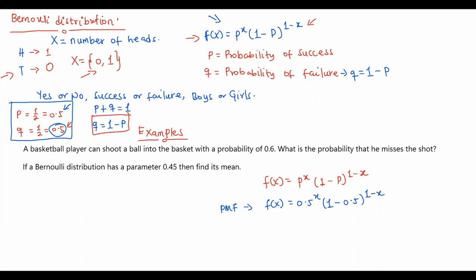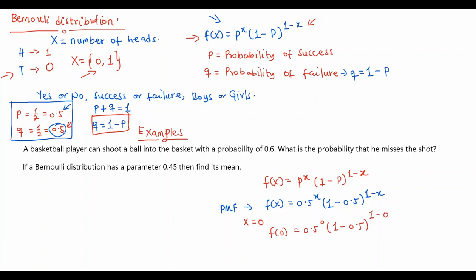So let's say you want to find the probability of failure. That means that our x is equal to 0, because there is no head. So you are going to have f of 0, and this will be equal to 0.5 to the power 0, right? Bracket open 1 minus 0.5 to the power